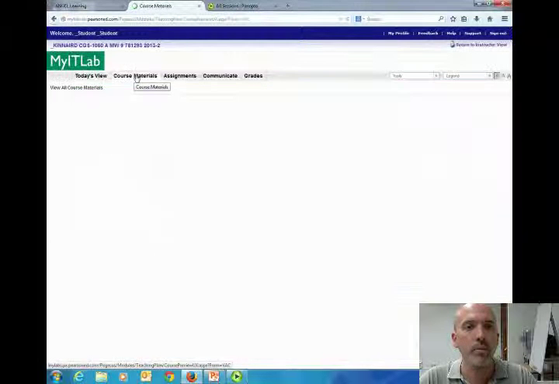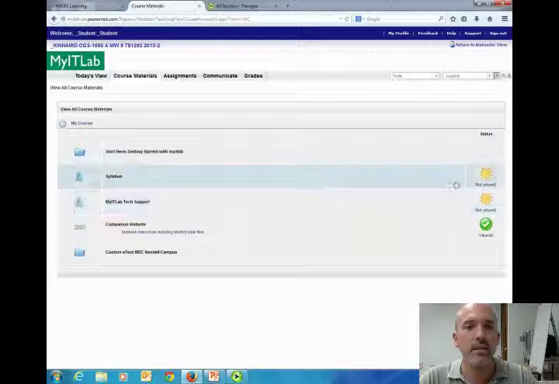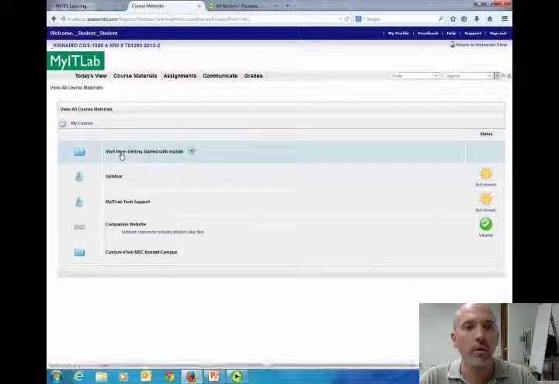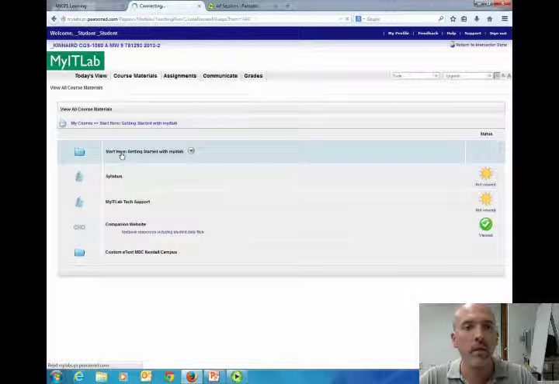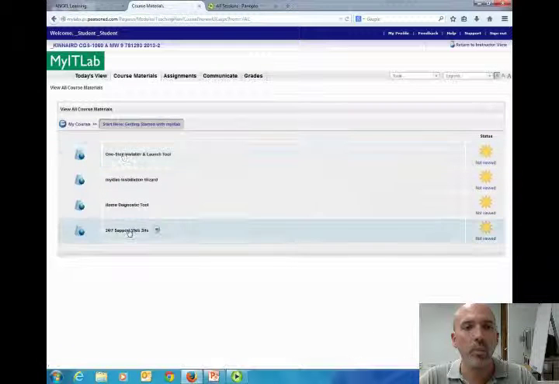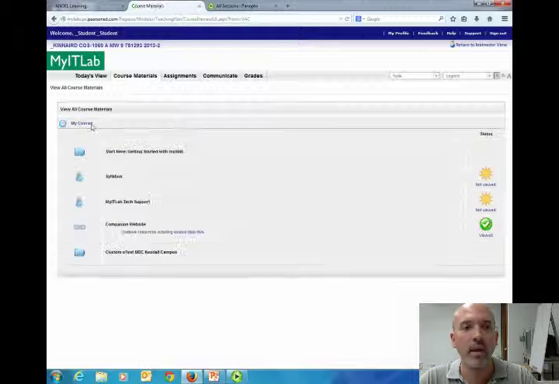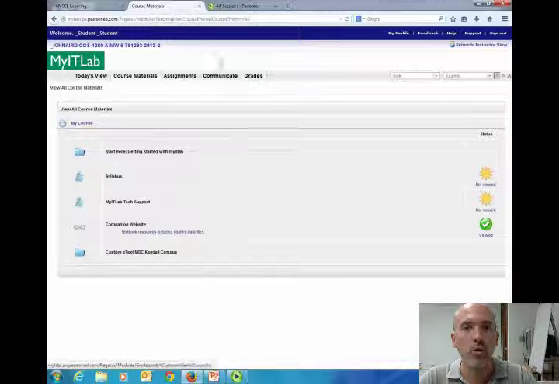I'll click in the course materials tab. This is where you're going to find assignments and activities, quizzes, tests, so you can access a particular folder, click on a syllabus. If you click on a folder, it'll open up and then show you additional activities that you can look at from there. Once you've accessed a tab, you can navigate to prior areas in a tab there. You also have additional tabs up here.